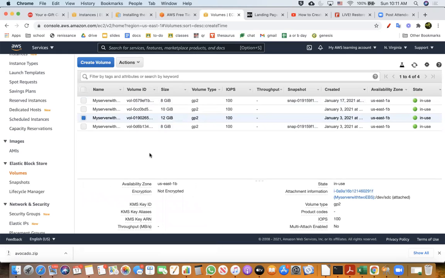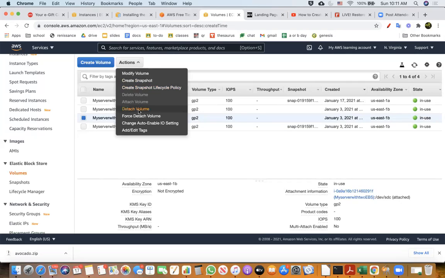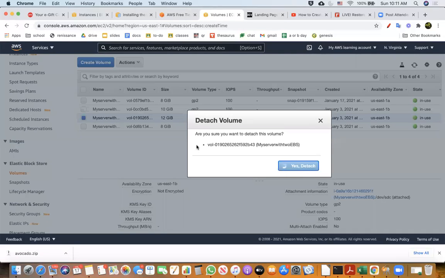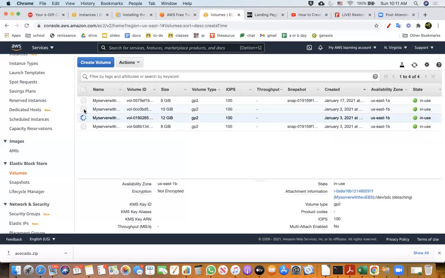Okay. So I have to figure out maybe, except the root volume, I will detach these volumes. I don't want them. I just want to get rid of them. Okay.